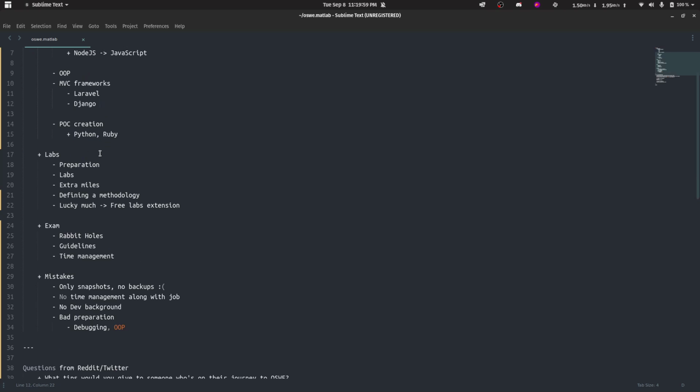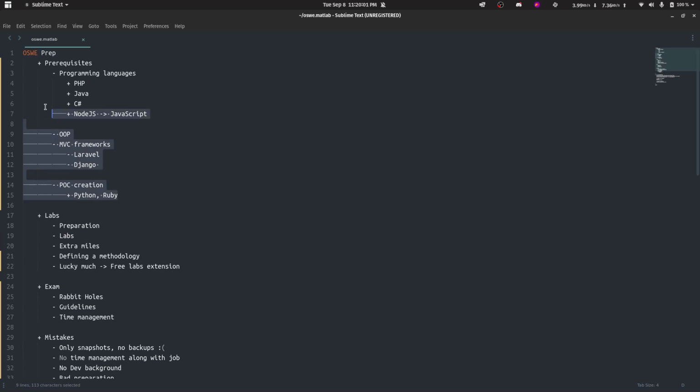Okay, so that's it for the prerequisites. I mean, there are some more things you should know. Many people recommend the Web Application Hacker's Handbook. To be really honest, I have never read that. So, I did have around 2.5 years of professional experience in pen testing applications of clients based